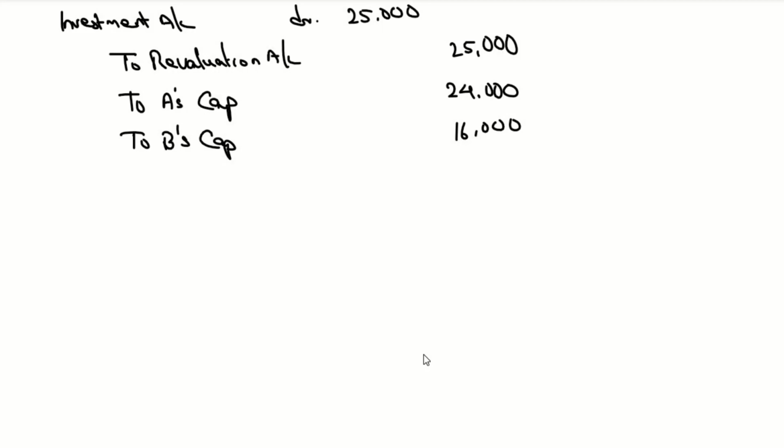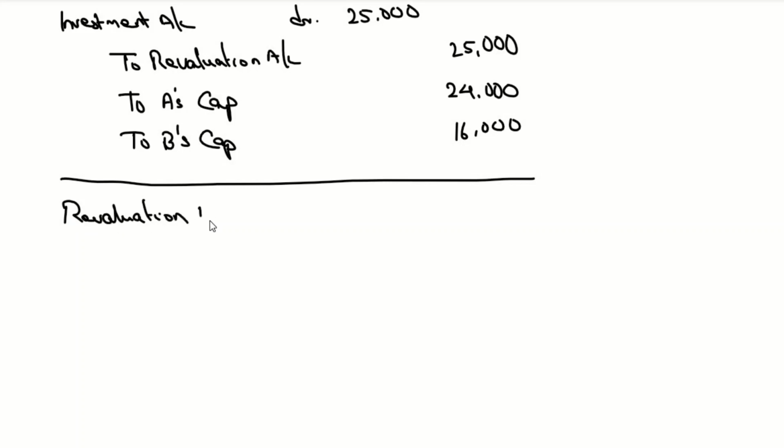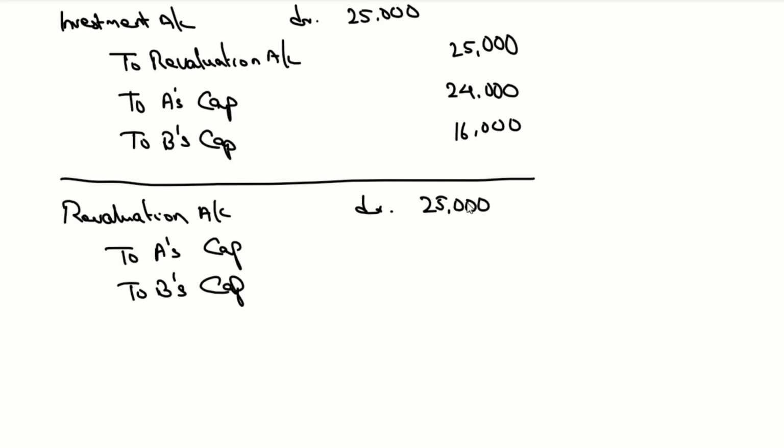Now, whenever there is a revaluation account involved, we have to distribute the revaluation account balances to partners' capital. So here revaluation account is credited, so we will reverse it. Revaluation account debit to A's capital, to B's capital. Now revaluation account, it is 25,000, so it is 25,000 distributed in the old profit sharing ratio,